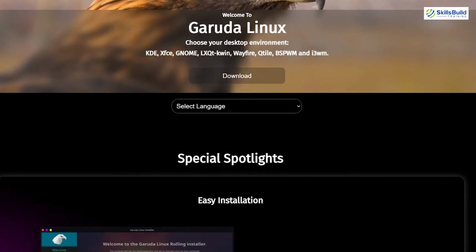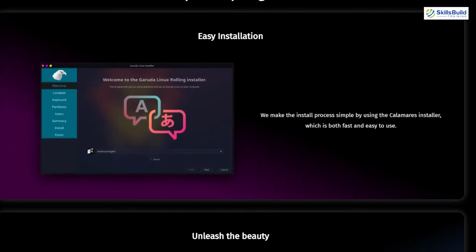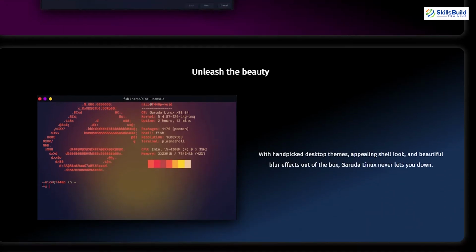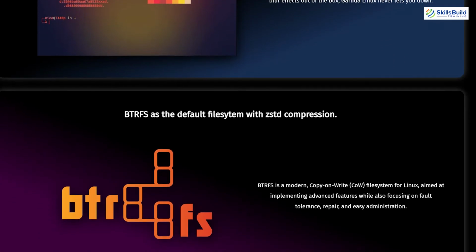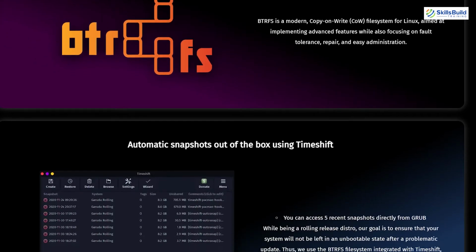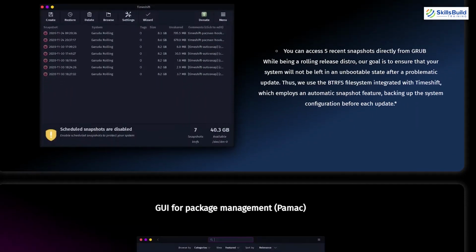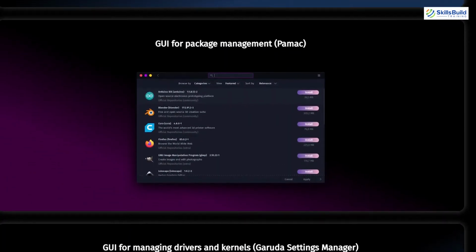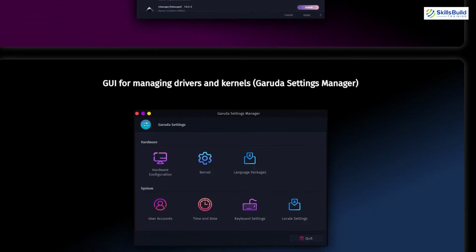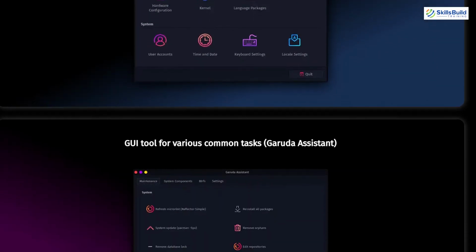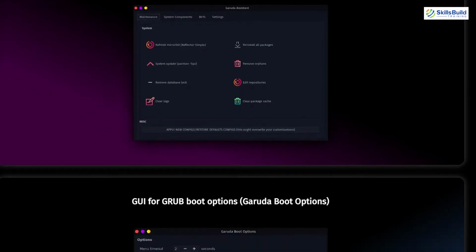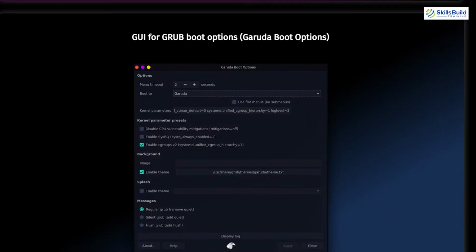Garuda is an Arch-based Linux distribution from India. It started in 2010 and it comes with a number of options in terms of desktop environments. Garuda Linux is a rolling release distro based on Arch Linux, which ensures that the user gets the latest software updates, and it is focused on providing the user with performance.